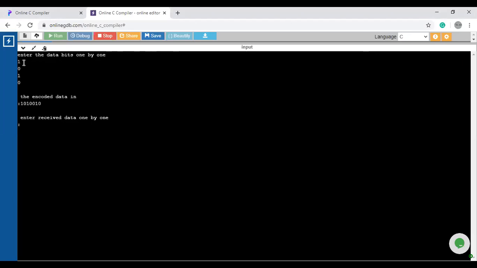Now I have to enter the received data one by one. So what will be the received data? 1, 0, 1, 0, 0, 1, 0.